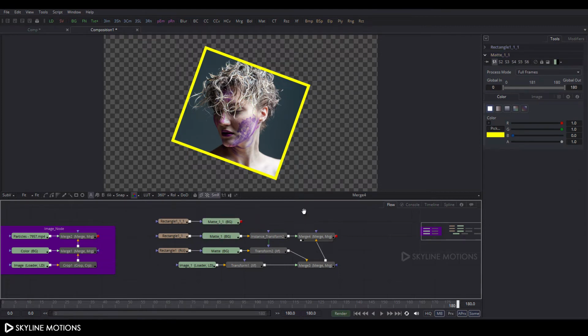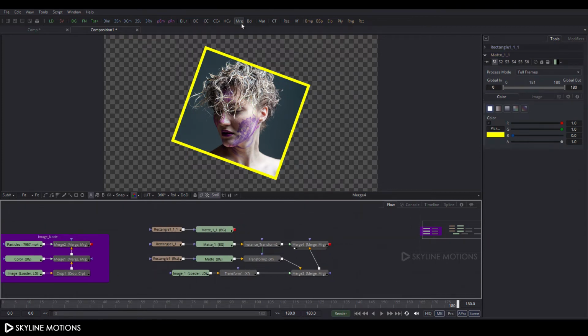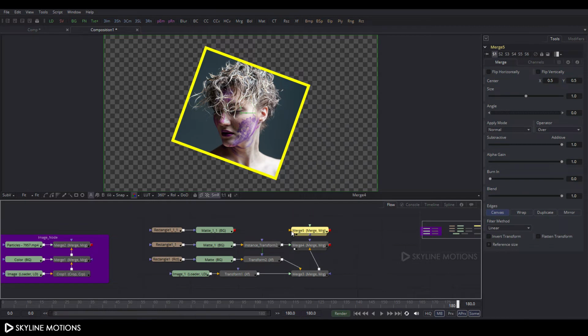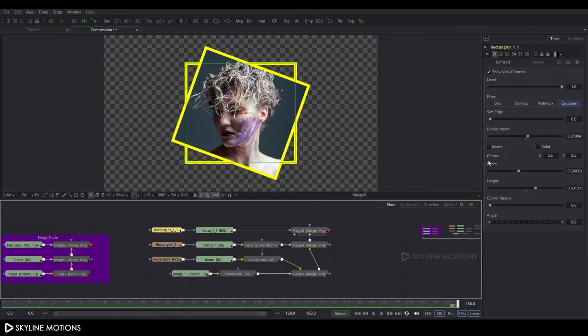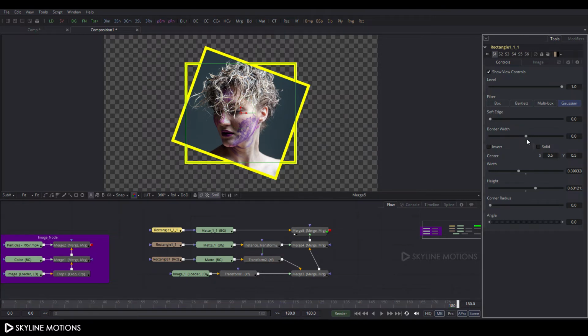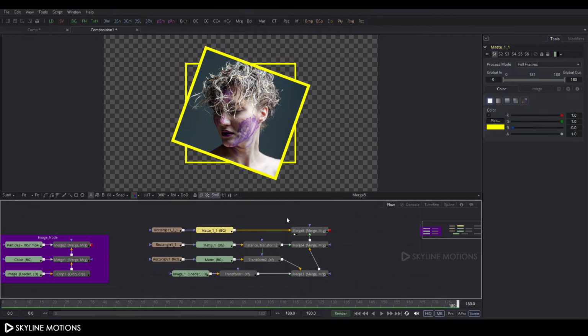Okay, now let's merge this. So take a merge node, place it over here and connect this yellow point to this and green point to this and drag this merge 5 to the viewer and select this rectangle and set the border width something like 0.06. Okay, now click on this high quality button and turn off this auto proxy